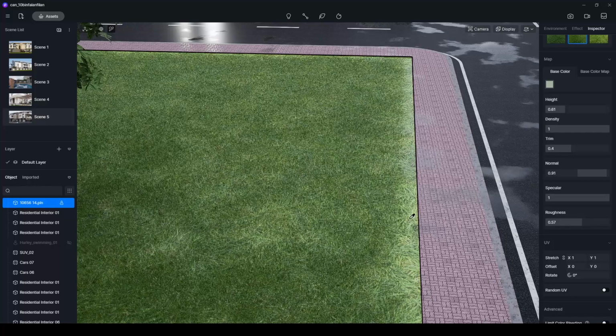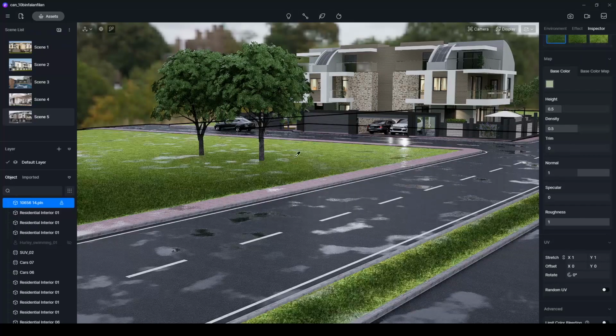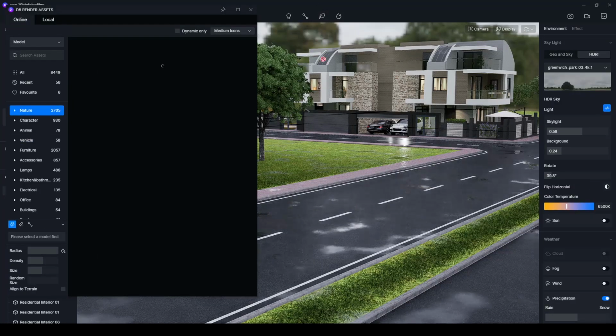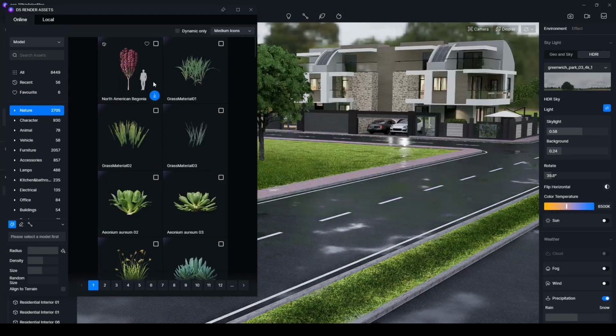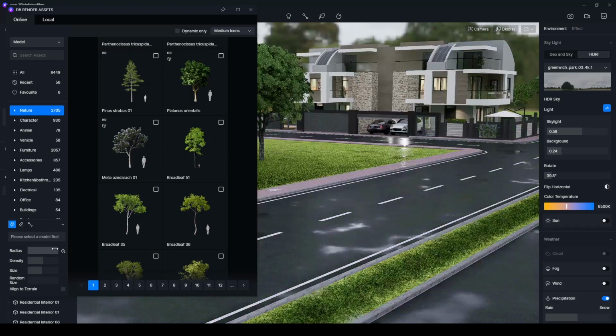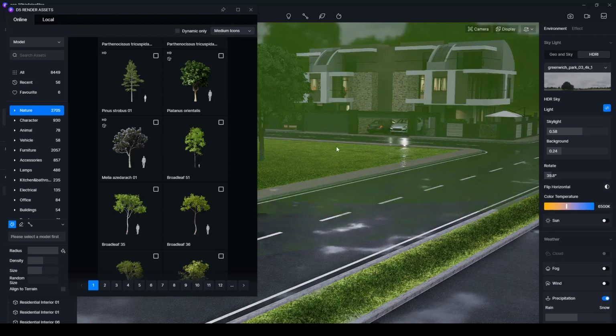I don't know, but this kind of grass can be used when the camera position is very far from your scene. If you want to take closer shots, you should use this scatter tool. With the scatter tool, you can decide which grass you are going to use and fill your scene using the radius, density, and size parameters. This part is more realistic, but this part is faster. You will combine them depending on your scene.